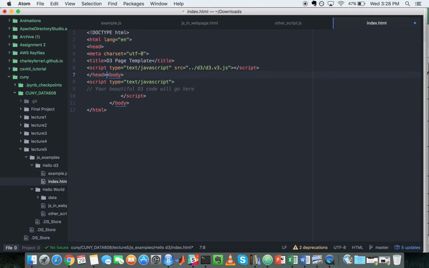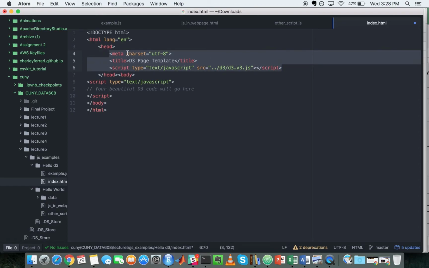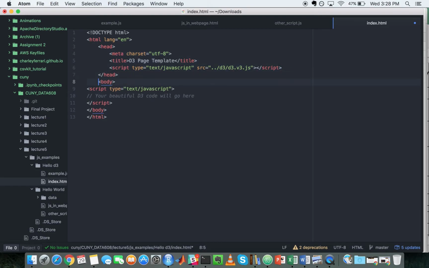So we're bringing in a couple of things here. So we have HTML, head. Another thing that's good about text editors like this is they let you do really cool formatting like this, which helps when you're working with this sort of code. So this is going to be our main template of a D3 page. So it's very bare bones. We just have our